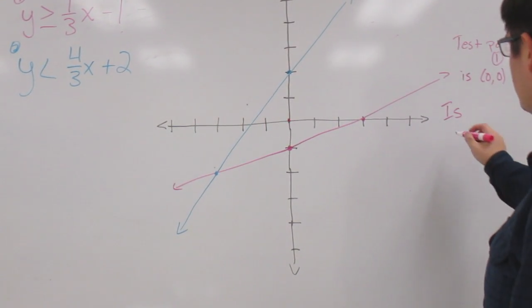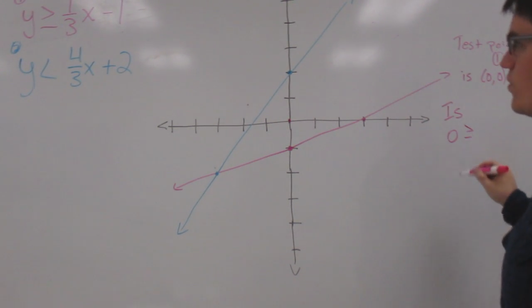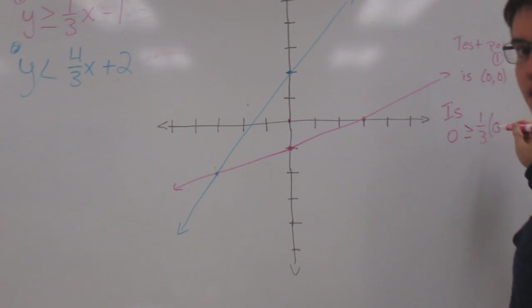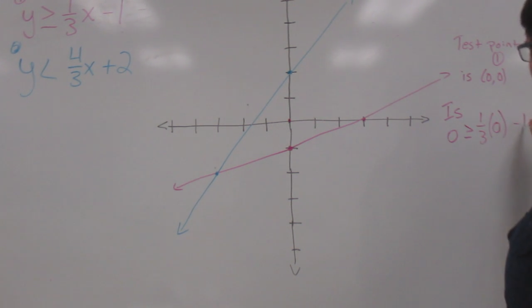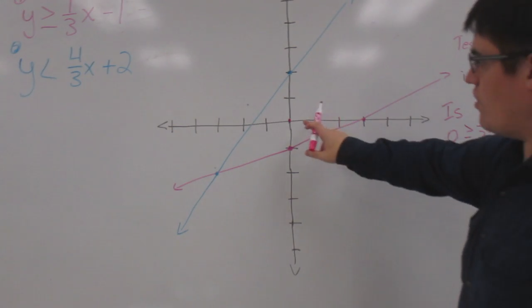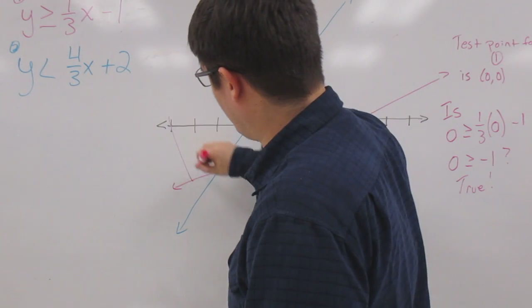So is 0, substituting in for y, greater than or equal to 1/3 times 0 minus 1? So is 0 greater than or equal to -1? Well, that's true. So that means that 0, 0 is part of my solution set. So I'm going to shade this way